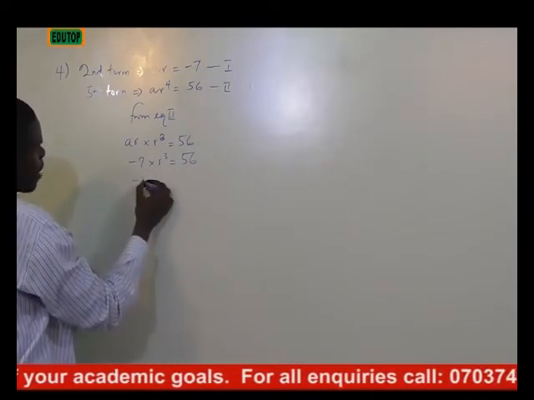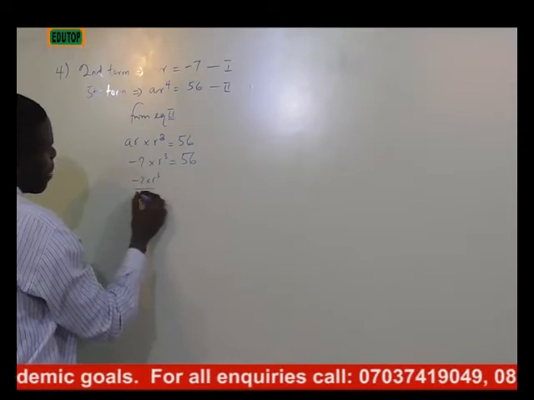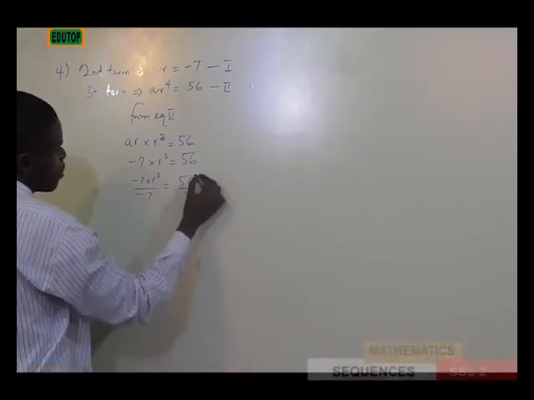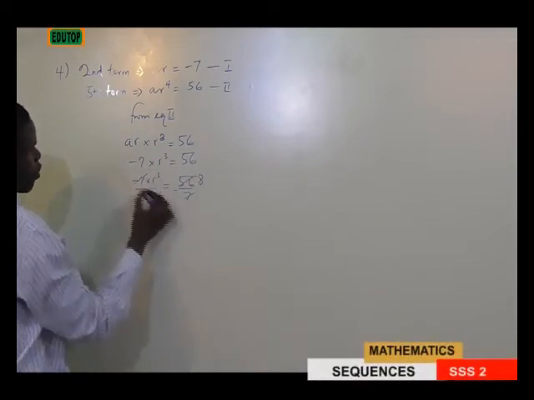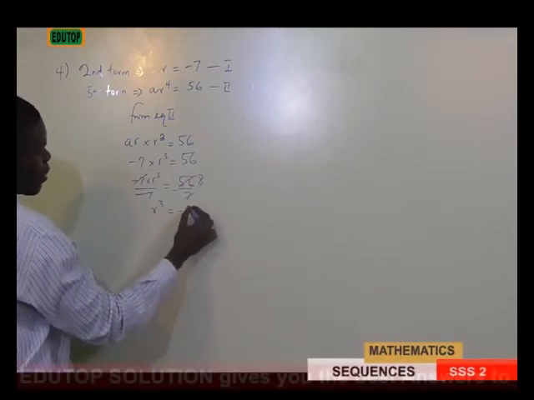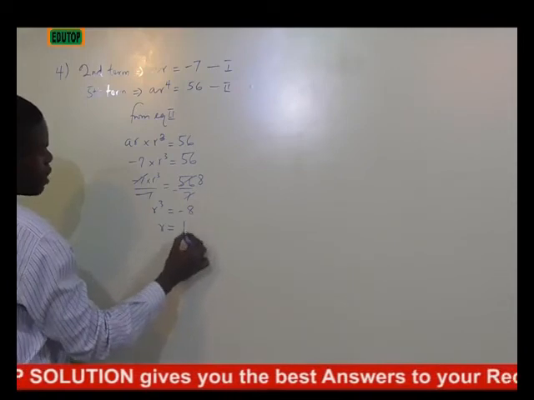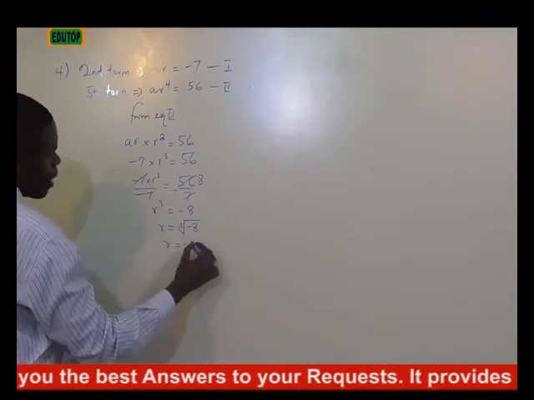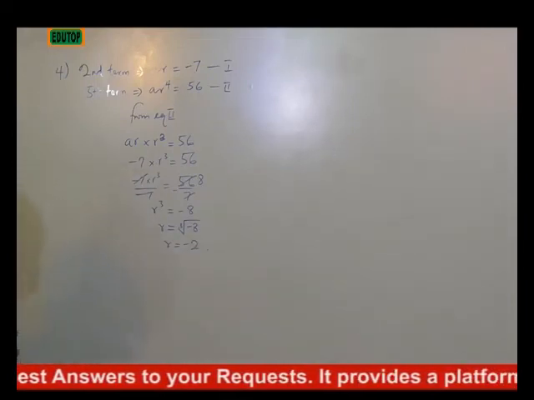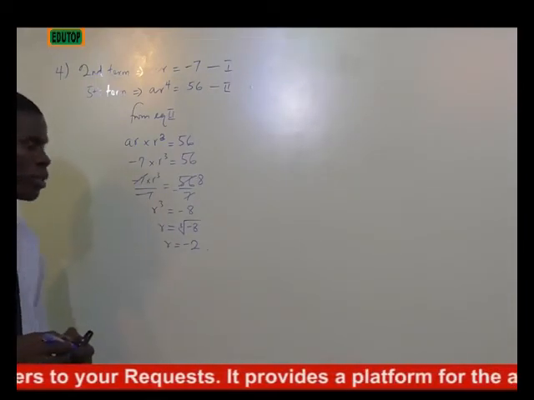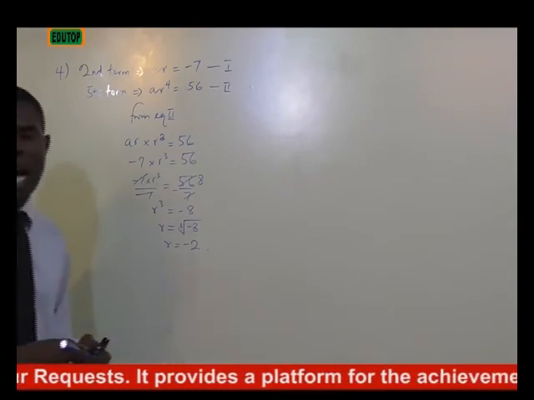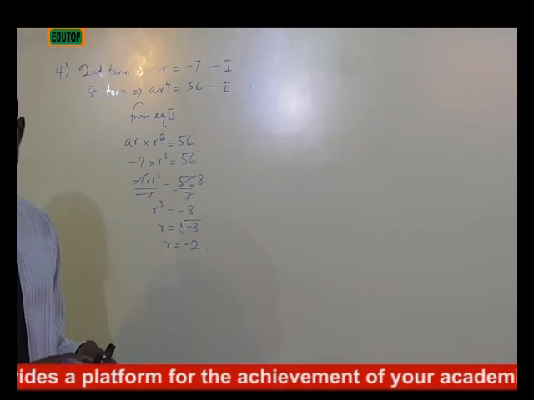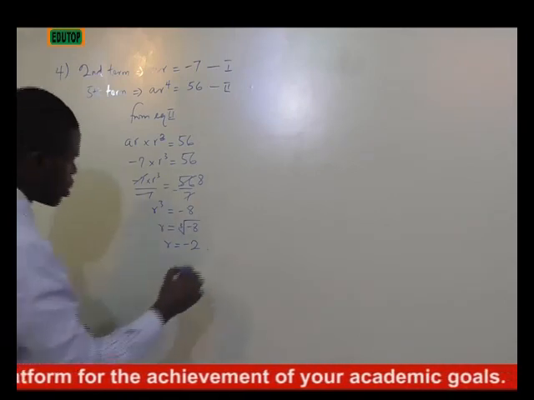Dividing both sides by minus 7, we have 56 divided by minus 7, and this gives minus 8. So R cubed now equals minus 8. So our R will now be cube root of minus 8, which gives minus 2. And the question asks us to deduce the common ratio. So the common ratio is